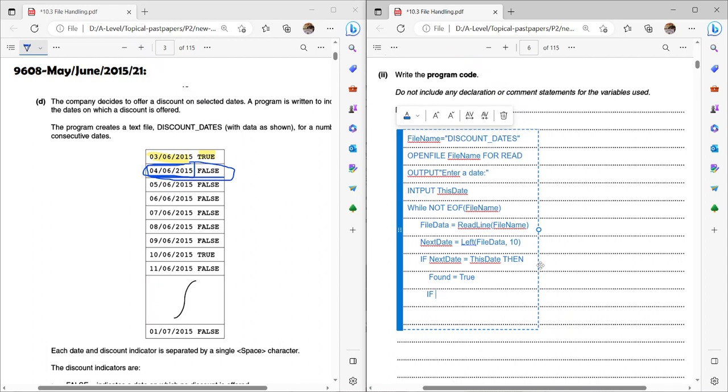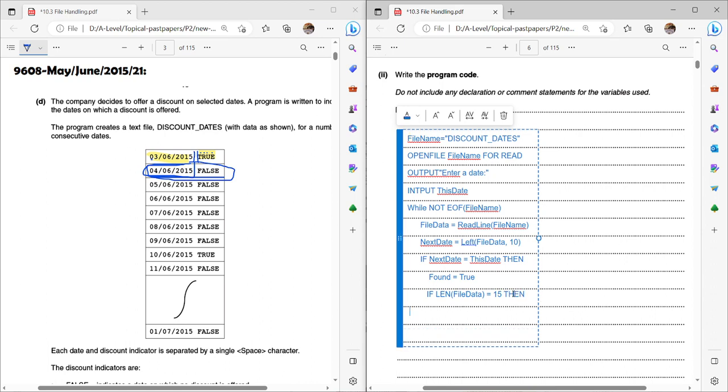If length, now these built-in functions you will get in the insert provided at the end of the paper. So we will use length on the file data. If the length is equal to, now see, in the true we have 1 2, so till here we have 10 and this is 11, 12, 13, 14, 15. If the length is equal to 15,